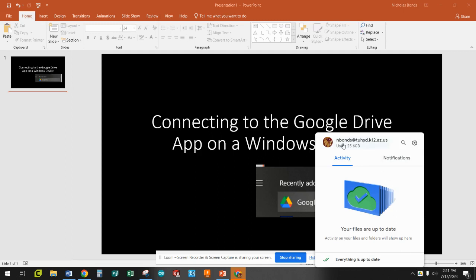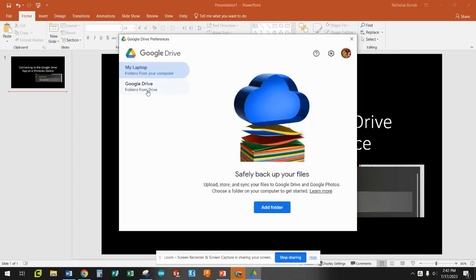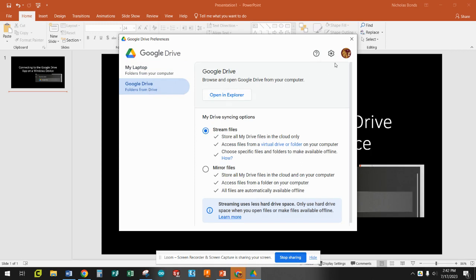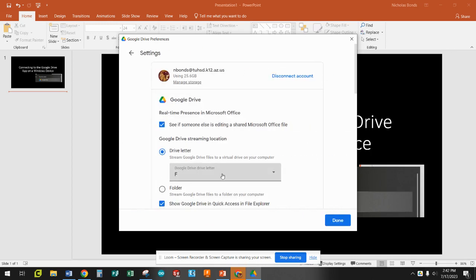You should see your school email appear. And then we are going to select Preferences, and then Google Drive, and the Preferences icon again. And go ahead and check this drive letter. Yours might have a G or any other letter. If you would like to change that, you may to anything in this list. I'm going to go ahead and keep mine as an F, but it doesn't really matter what that letter is